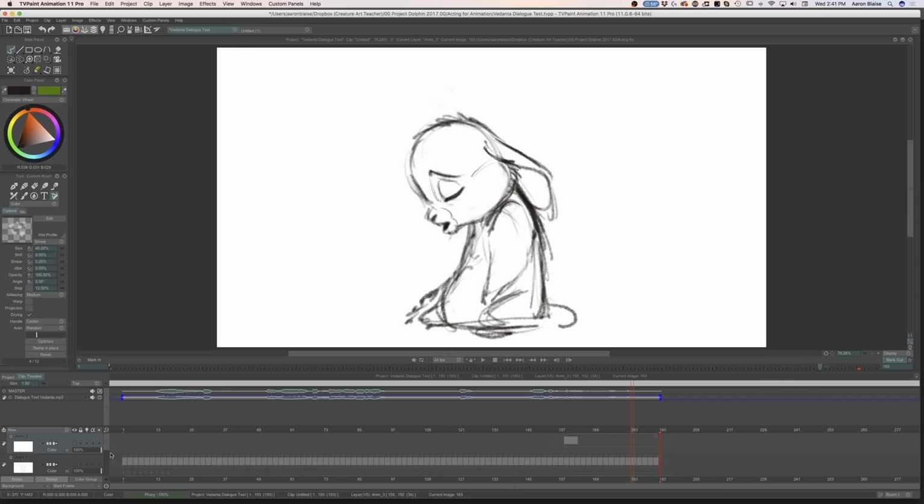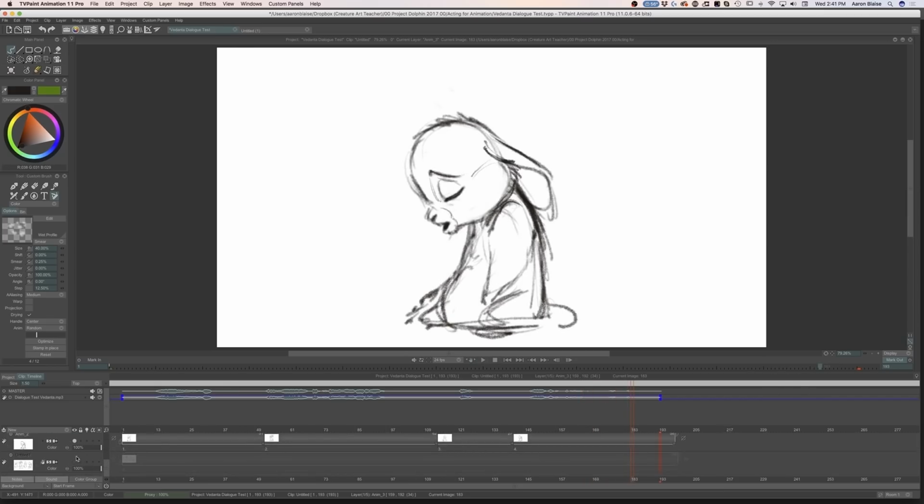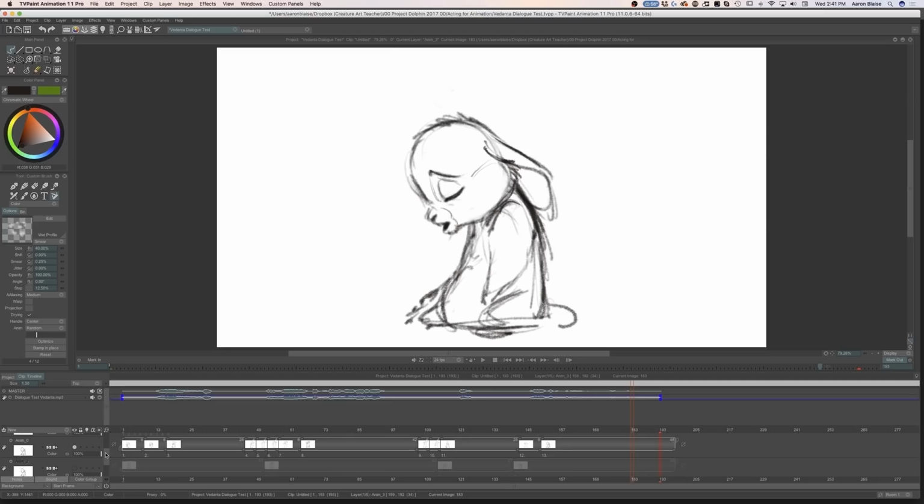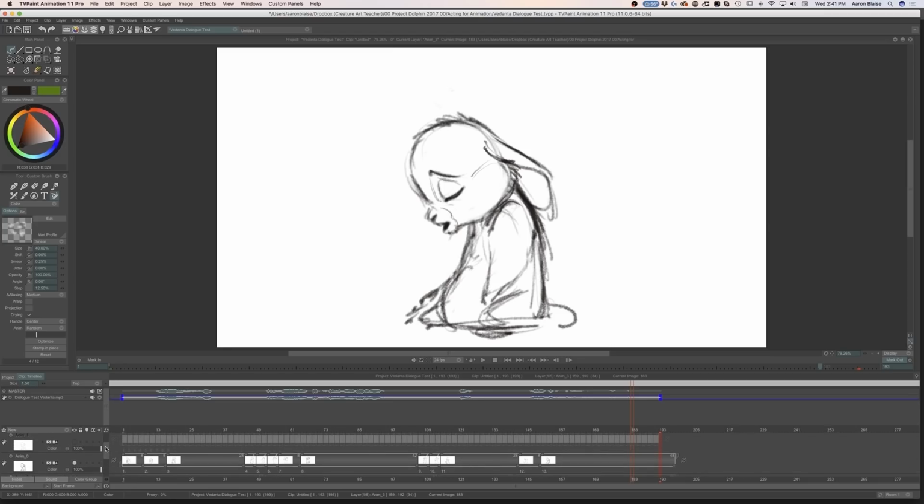So now this next stage that I do, I'm more concerned about finding the connective tissue between these base poses, these main poses. Now I want to find that connective tissue. What I want to focus on at this stage is breaking up the timing, finding the fluidity from pose to pose without it feeling robotic.